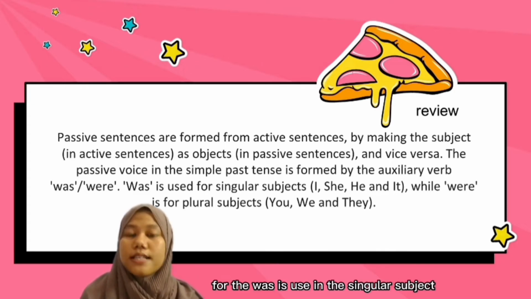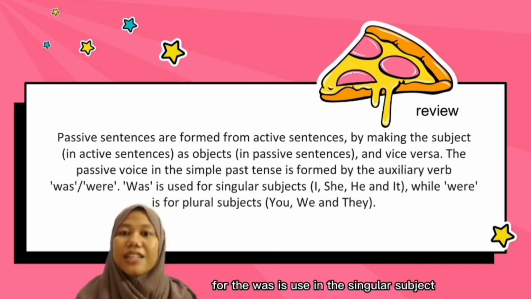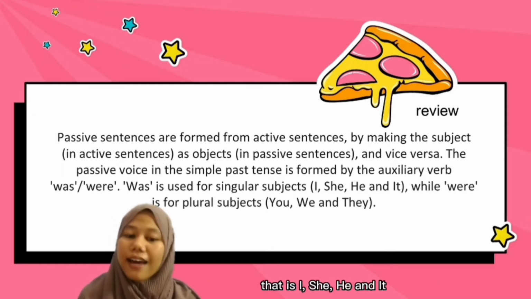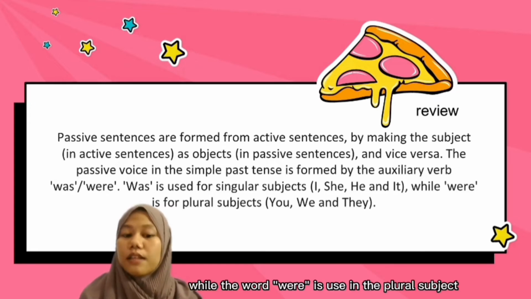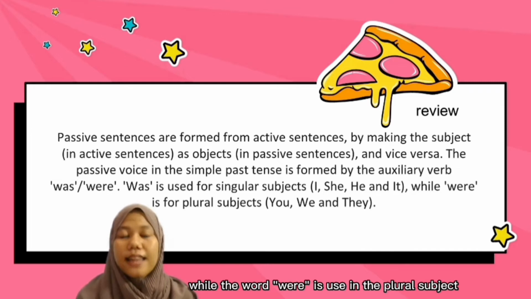Was is used for the singular subject, that is I, she, he, and it. While the word were is used for the plural subject, that is